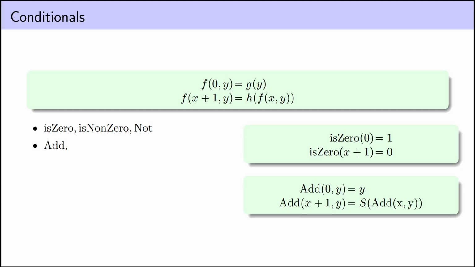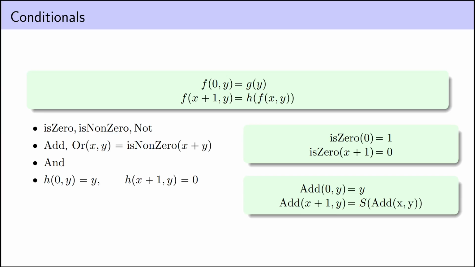We can also do addition. You can just check that our construction of addition didn't make use of anything beyond pure iteration. And we can use this to implement Boolean OR. And of course, not A or not B is the same as A and B, so we can do Boolean AND. If we introduce a temporary helper function h with h of 0, y equal to y and h of x plus 1, y equal to 0,